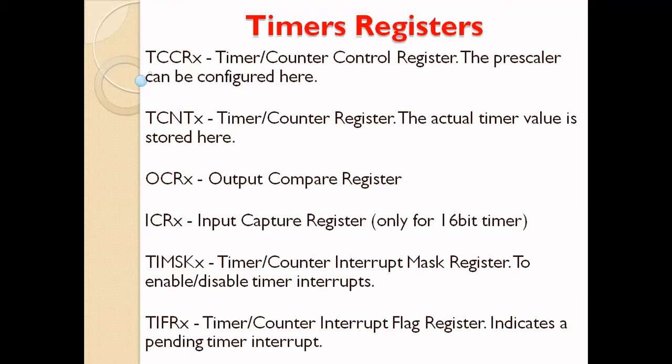Next, what is meant by the output compare register? Suppose I am storing one number, 200. Another value is 0. If you give one clock pulse, it will become 1. This 1 will be compared with the 200. If it is not equal, the output will be 0. Next, the second clock pulse, it will become 2. Third clock pulse, it will become 3. Fourth clock pulse, it will become 4. When this value becomes 200, both will be the same, so the output will go high.